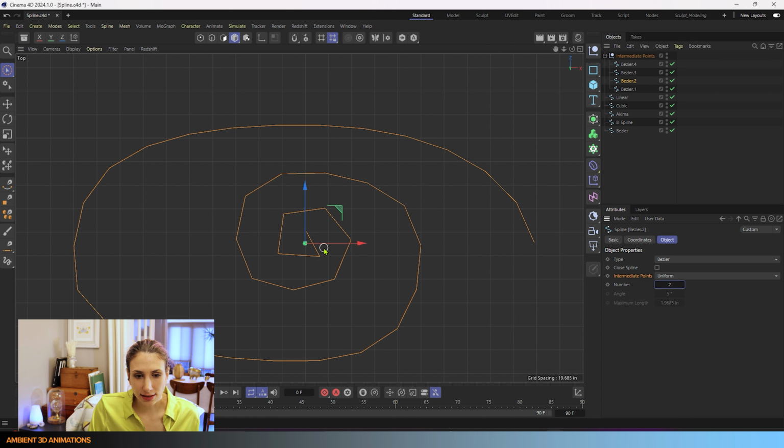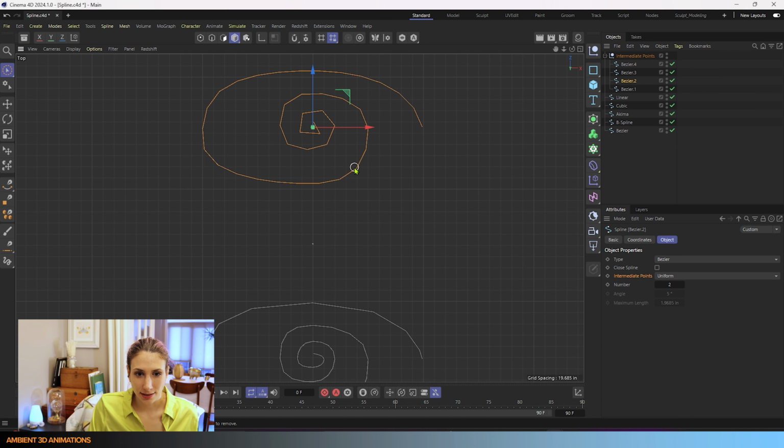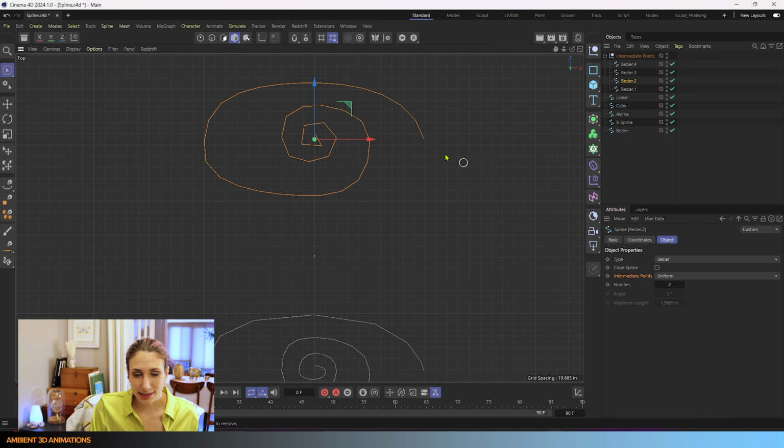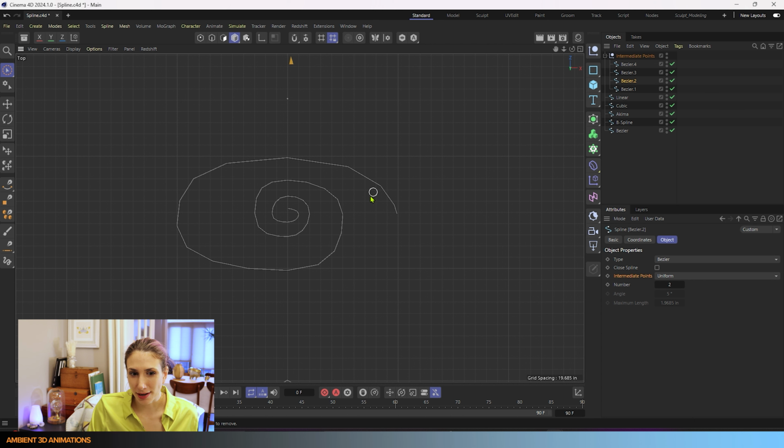Here you can see that these points are evenly spaced. They aren't based on the length in between each point. They aren't based on the angle. They are even. Now, this can come in handy if you're animating with splines, or if you're cloning something along a spline. You'll probably want to use a uniform spline for something like that. It's also good for dynamic simulations you're using splines for. Just something to keep in mind.